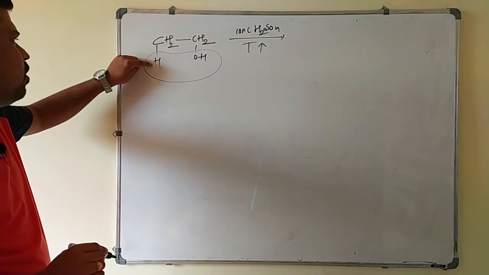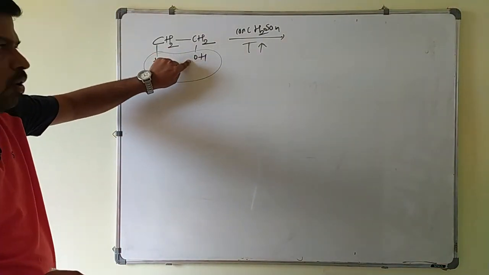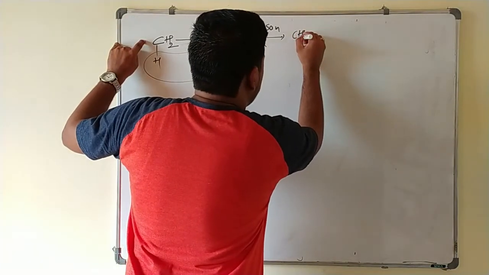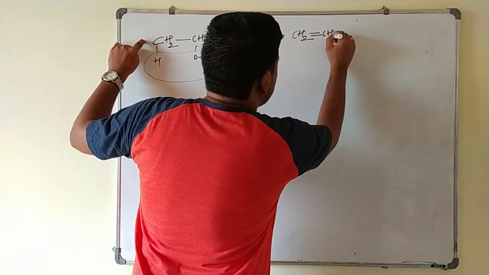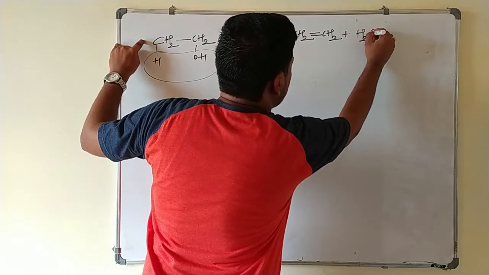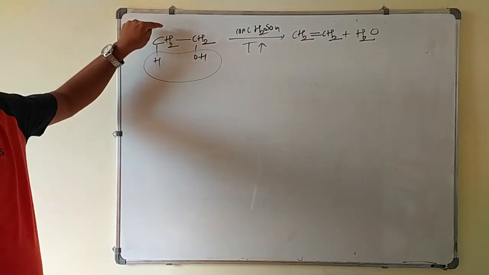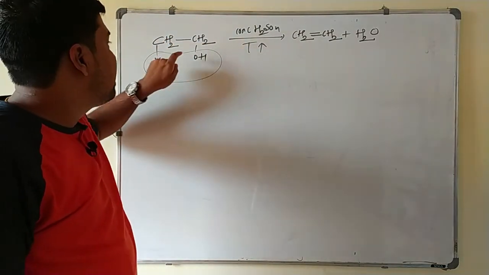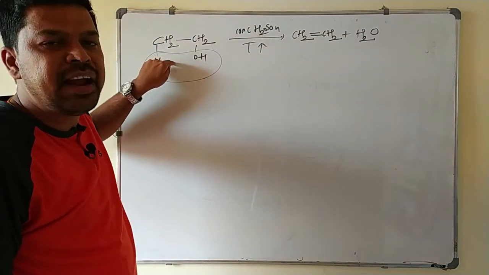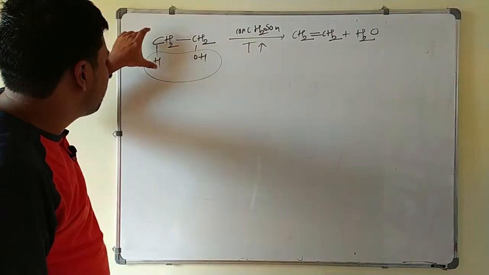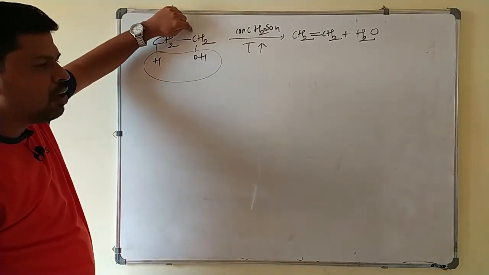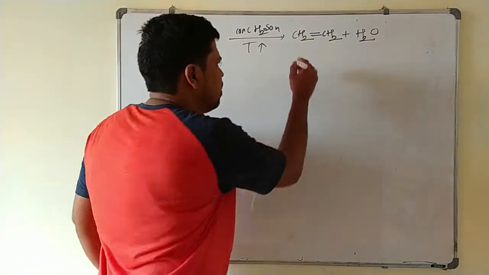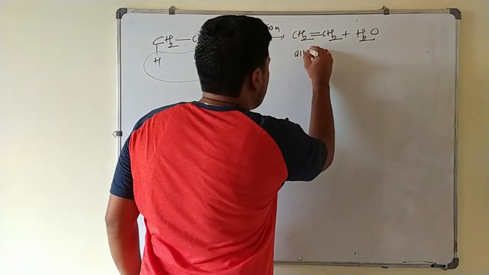From here one sigma bond is removed, and from here one sigma bond is removed, so that the resulting compound will be what here? You will get CH2=CH2 plus the water molecule is eliminated. So alcohols on treating with concentrated H2SO4 at high temperature, intramolecular dehydration takes place. Intramolecular means within one molecule only you are removing one water molecule, so that there is a formation of alkene plus water. So your product will be alkene.